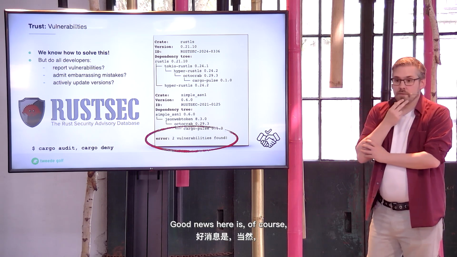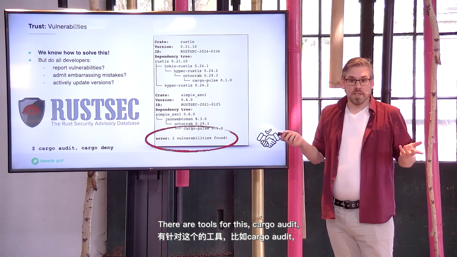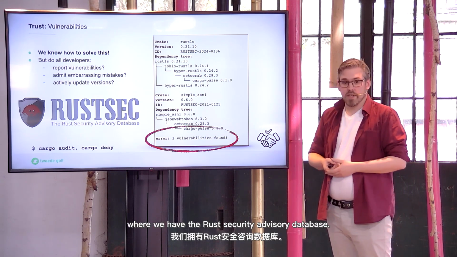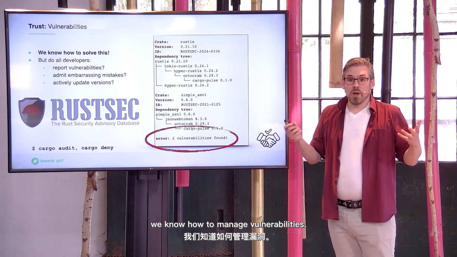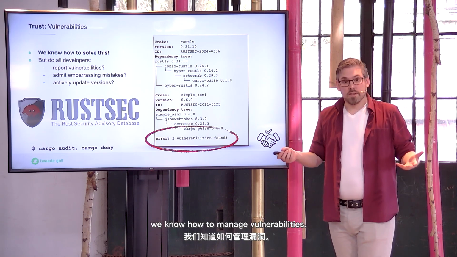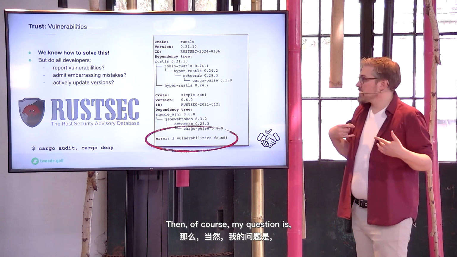The good news here is, of course, we know how to solve this problem. There are tools here for this, Cargo Audit, where we have the Rust Security Advisory Database. So in principle, this is a problem we know how to manage vulnerabilities. Like, we don't like them, but they do occur. But then, of course, my question is, do all